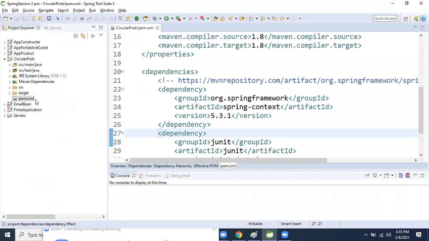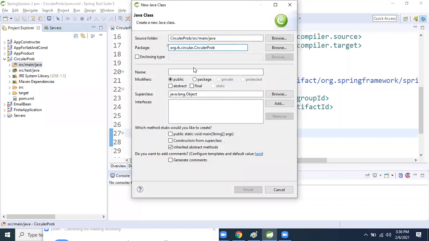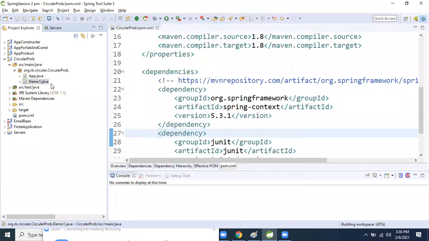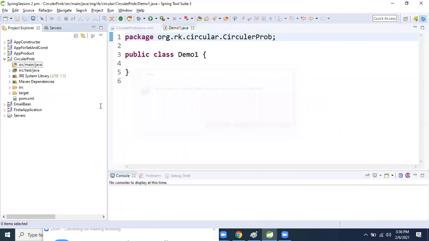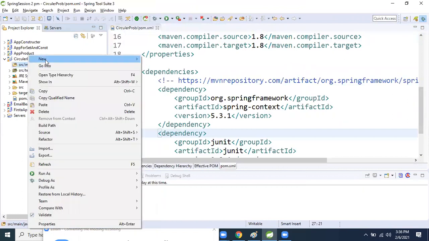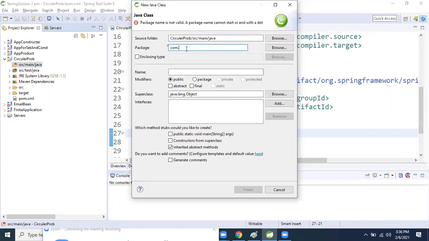Now let's create two classes. Take them in a single package only. Inside the source, let's see. Now I'm taking one class Demo1, and another class I will take. Now new class, inside that I will take the package com.rk.circular. The class name is Demo1.